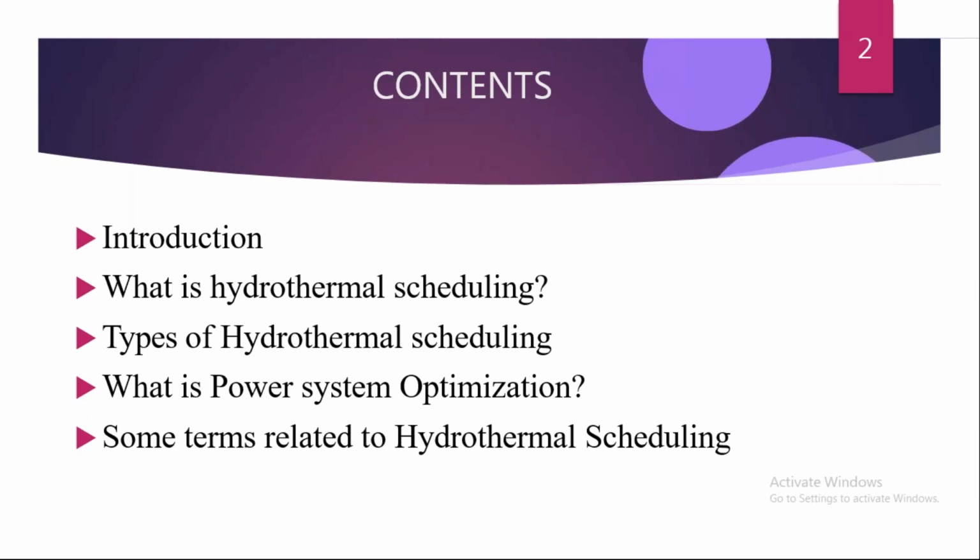And the next one is power system optimization. Power system optimization is nothing but generating the power within a plant at low cost. So how is it possible, and what are the considerations we have to consider. That is called optimization, and sometimes it is related to hydrothermal scheduling. Same as what we discussed in the first unit, that is a mathematical procedure. The same thing we have to proceed with here also.